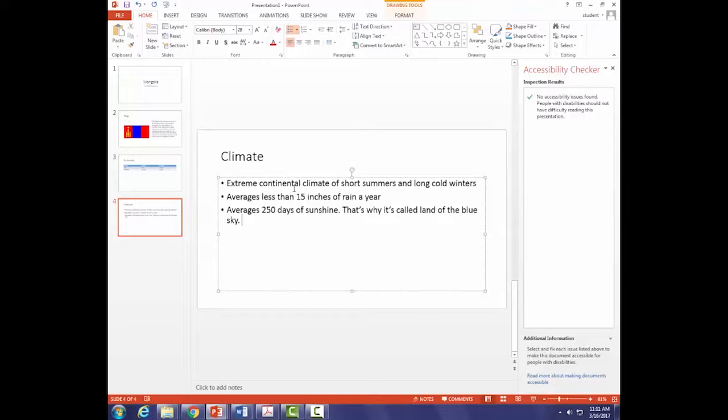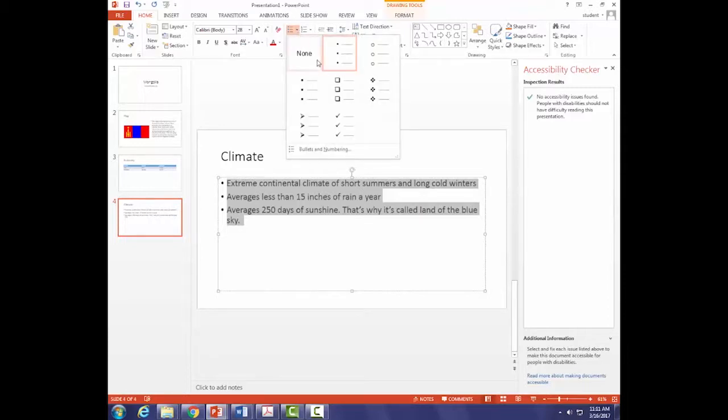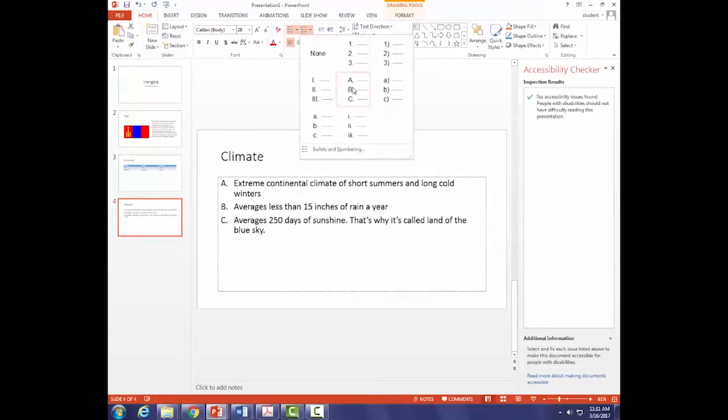So let's change this list. I don't like bullets, okay? And I'm an American. I don't have to use bullets if I don't want to. So I'm just going to go up to the paragraphs group, similar to what I did in Word, and I'm going to use these squares, or these that look like asterisks. I can change anything there as far as numbering or lettering.